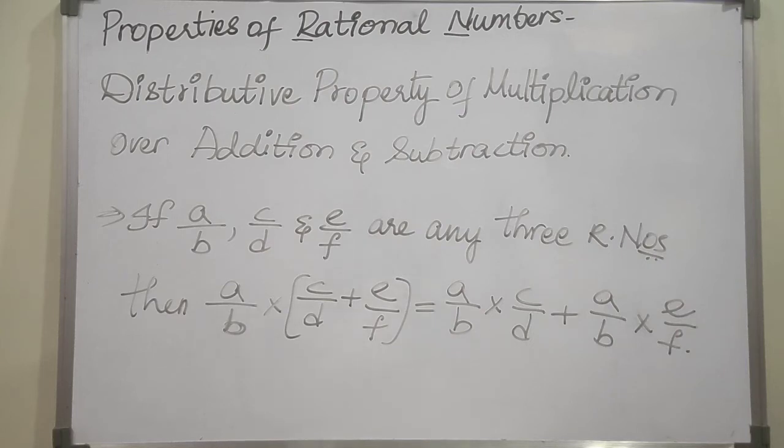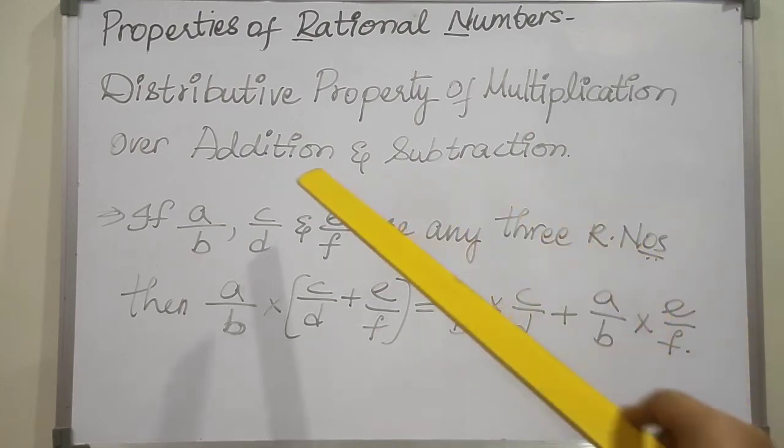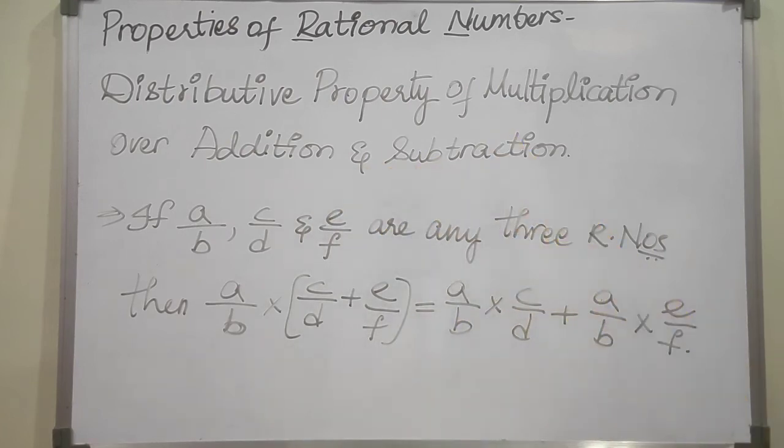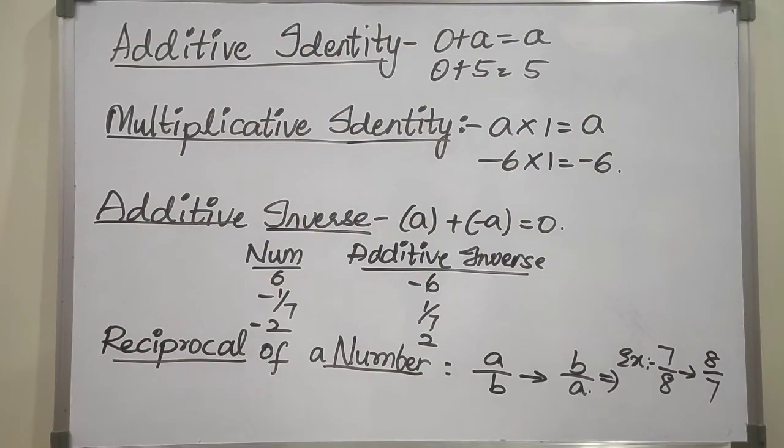Okay. Now when we take the LHS and RHS the same, then only that is true for the multiplication over addition also. Okay. RHS and LHS should be the same, then only the property of distributive will be applicable over addition and subtraction. So we shall head on with the special cases. Now these come under the special cases here.